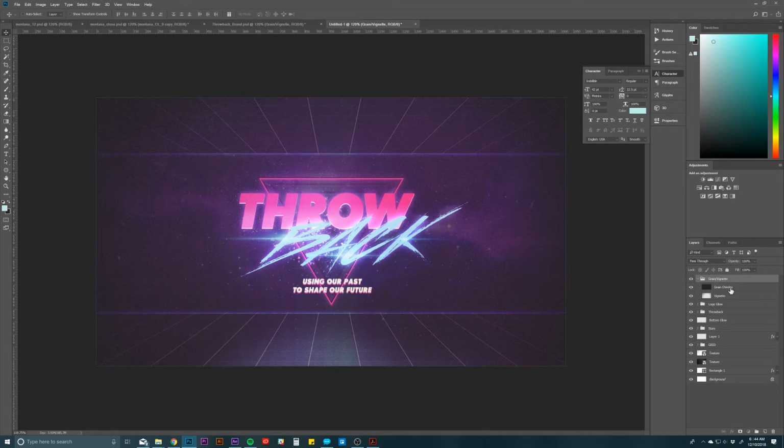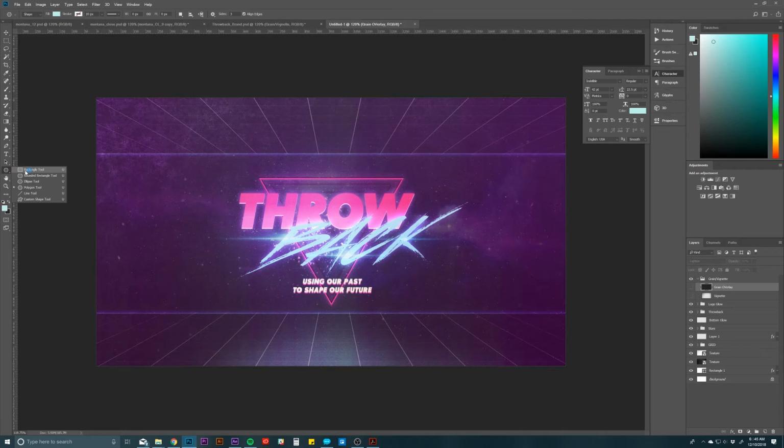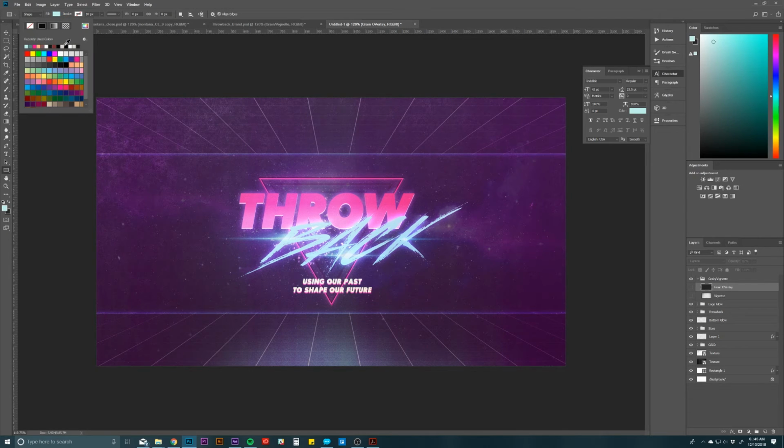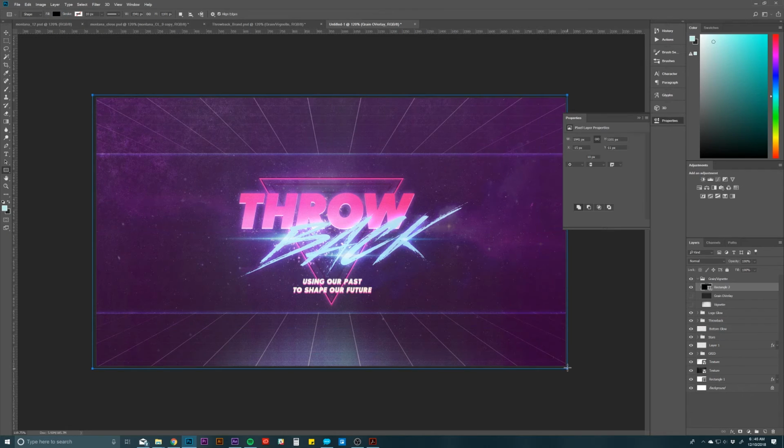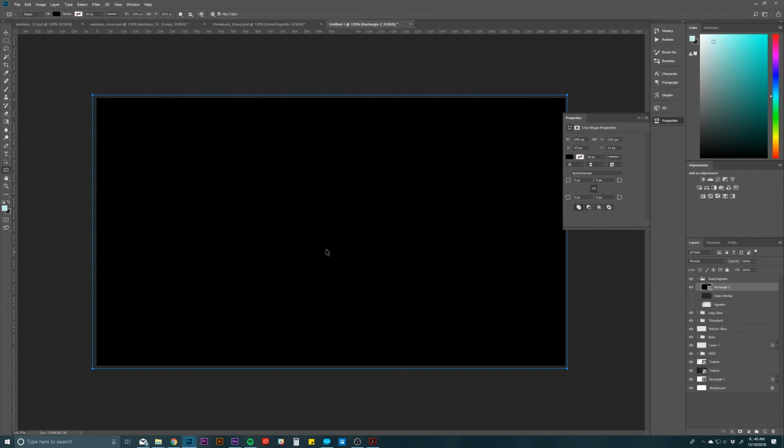So in here I have a noise layer and then a vignette. To make the noise layer, I would just make a new layer, just a dark color, doesn't really matter. Somewhere, you know, dark gray to black. I can rasterize that, so now I'll just have this